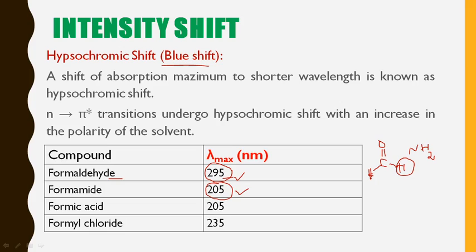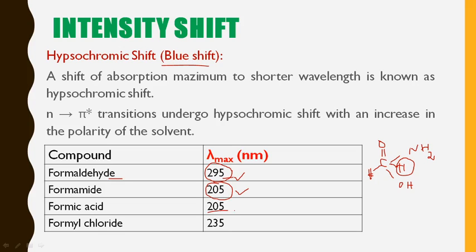So, the shift of formaldehyde to formamide is a hypsochromic shift, also known as blue shift. Suppose you are not changing the NH2 group, but changing it to an OH group. Now this is known as formic acid, HC double bond O, OH. When formaldehyde is converted to formic acid, formaldehyde is observed at 295 nanometer, formic acid at 205